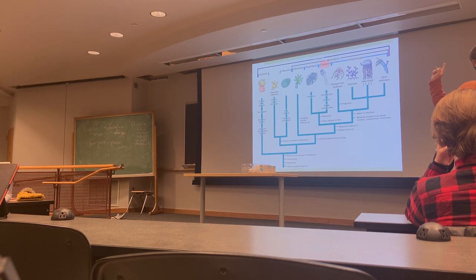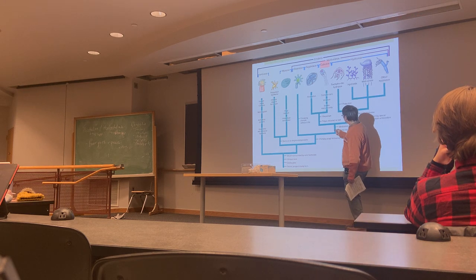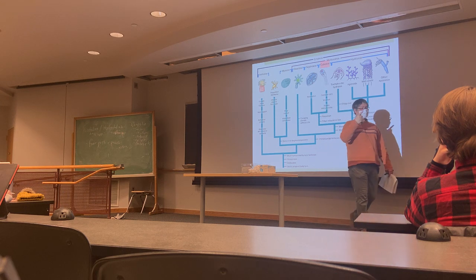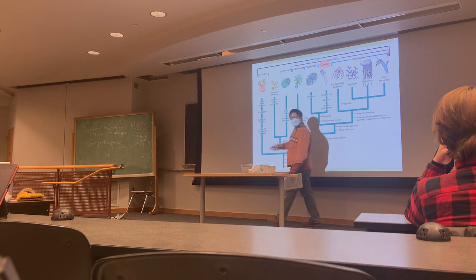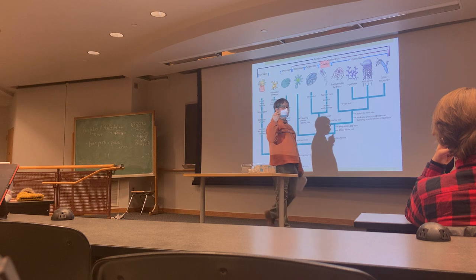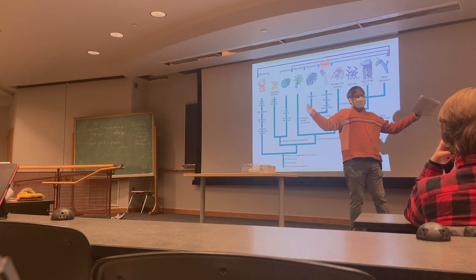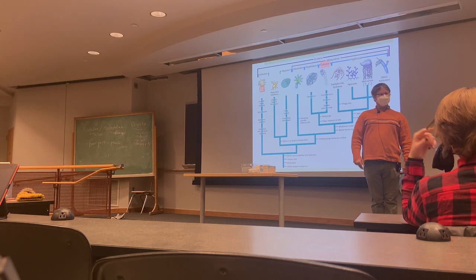But another way to do it is build a tree with molecular characters and then plot morphological characters. But either way, it would be the same number of steps because we could have it evolve here in the common ancestor of all, so one step, and then lose it here, 2 steps. Or we can have it evolve here and there, which is 2 steps. So if we are building this tree based on that character, either way requires 2 steps.